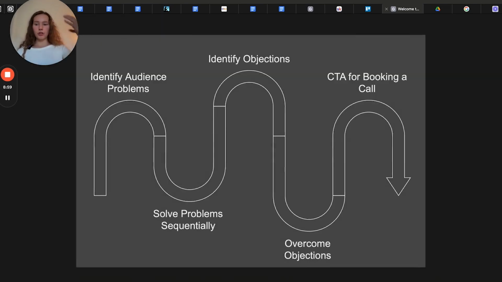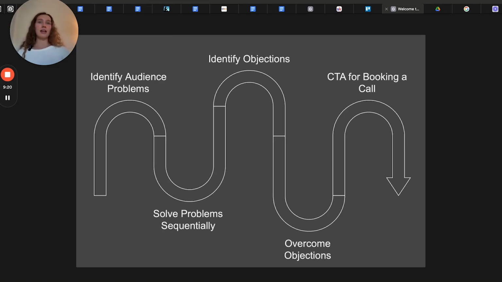So this is what you want to do throughout this welcome sequence. You want to identify the problems of your audience. You can search keywords on Reddit and see what people are actually saying. From anonymous accounts, what are they saying? What are the words they're using? That way you can get inside their head, use the verbiage, the language they use, and address the specific concerns they have. And you can also do that by going onto social media and looking at the comments.